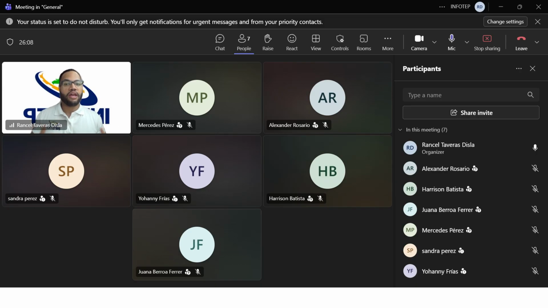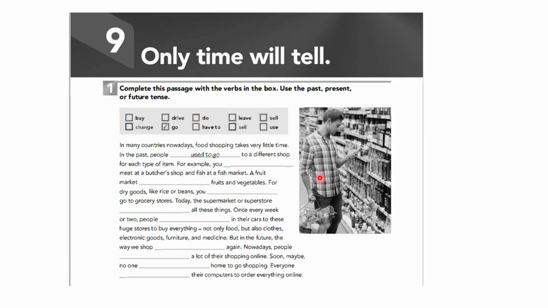Other people experience the common cold every other week, every other month, because their immune system is weak. So in the end, it's not the virus that is the problem, it's the host. We are the problem. We should be stronger. Okay, let's continue. Let's not dive into medicine. I get carried away. Complete this passage with the verbs in the box.